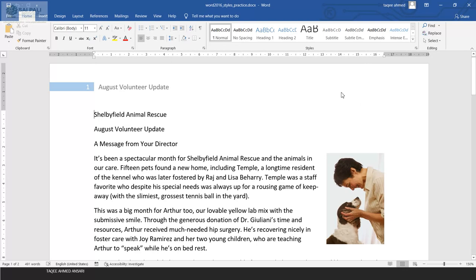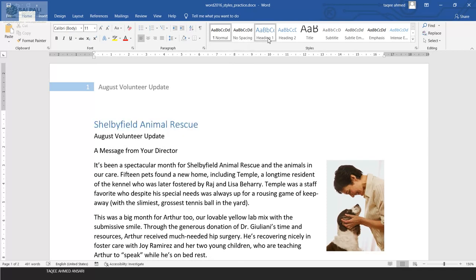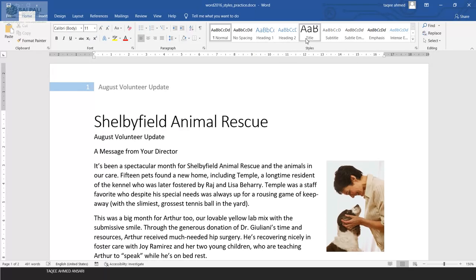Now if I hover my mouse over these styles, you can see the changes in our document. This one says No Spacing, so the space between the lines is removed. Heading 1, it looks like this. Heading 2, it looks like this. Title, you can see it looks like this.